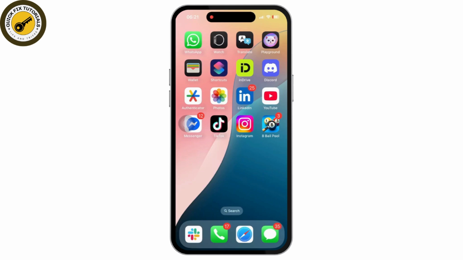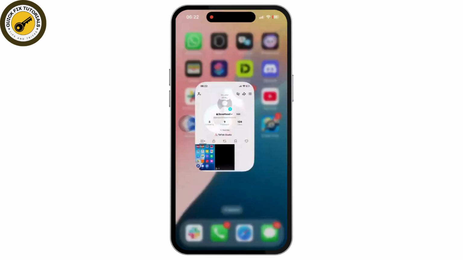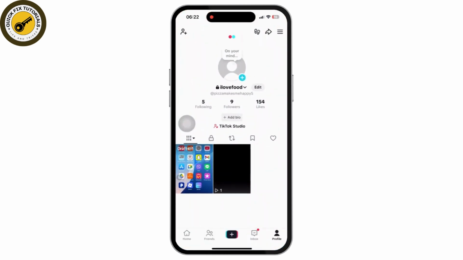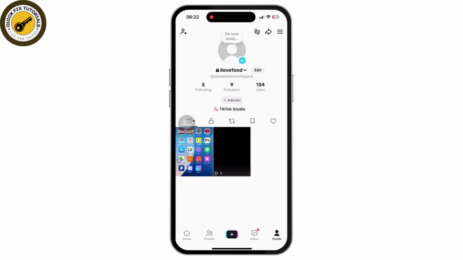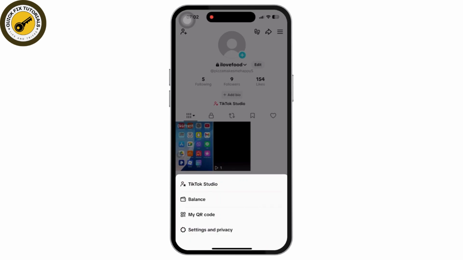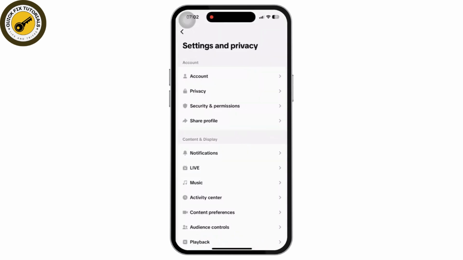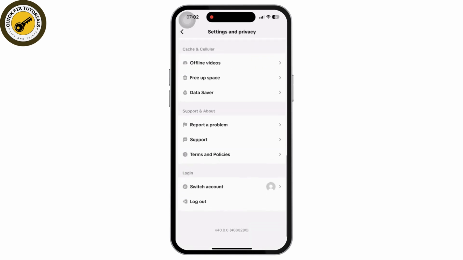To verify the age, all you have to do is open the TikTok app on your mobile device and make sure you are logged into your TikTok account. Then tap on the three lines at the top right corner of your screen and then tap on the settings and privacy option available on your screen. Now once you tap on the settings and privacy, scroll down till the bottom and tap on the report a